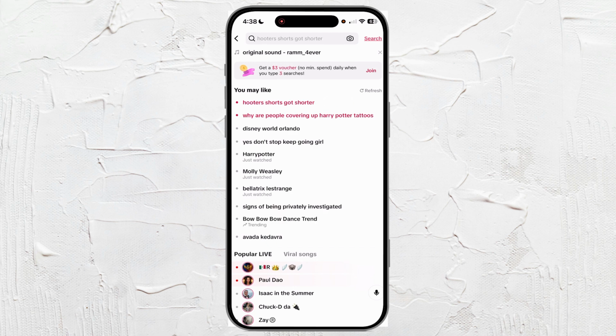If you do find yourself with ones that you don't really want to have on here, what you may have to do is close down the app, restart the app, or log out and then log back into it. And that's it. Takes a couple steps, but this will really be able to clear